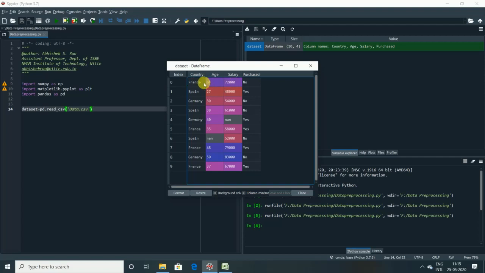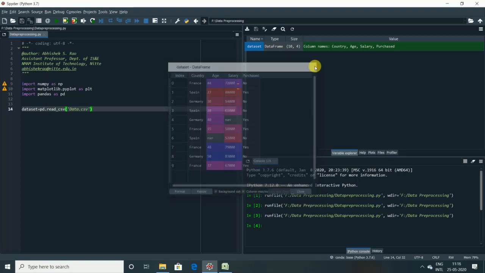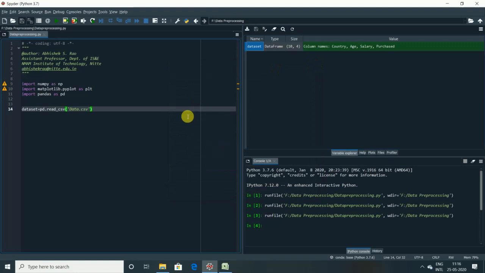These are the matrix of features, and this is the dependent variable. I hope you understand this, right? Very simply, the features are called independent variables and the last column we call the dependent variable. Okay. Now let's create these 2 entities, one for independent, another for dependent.